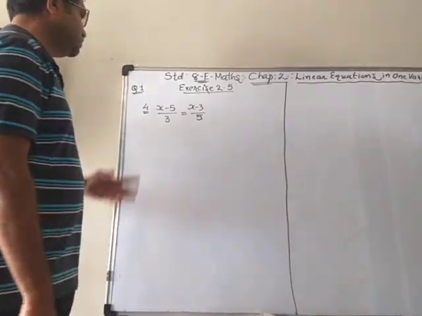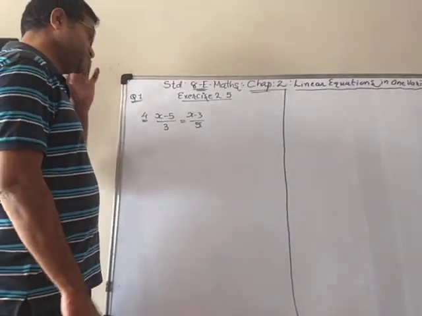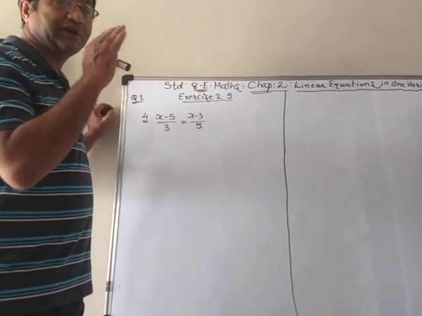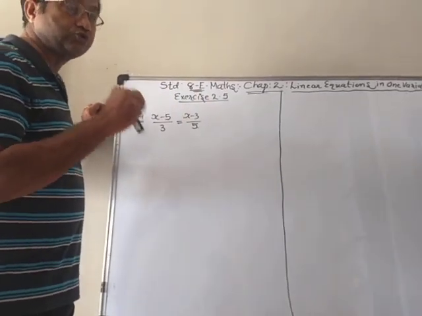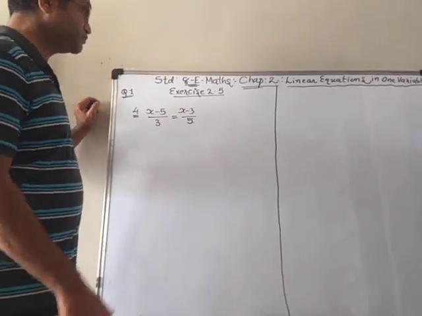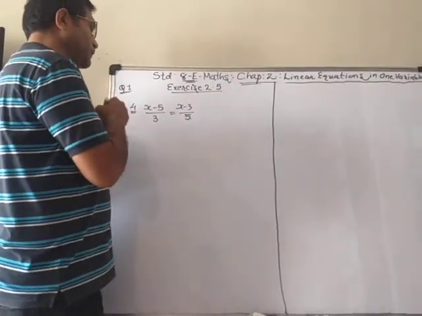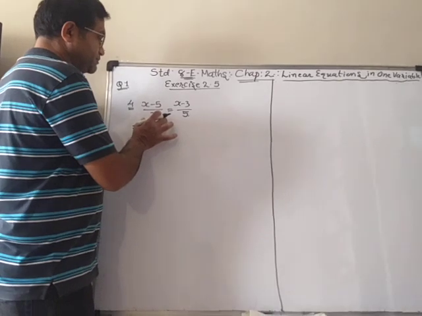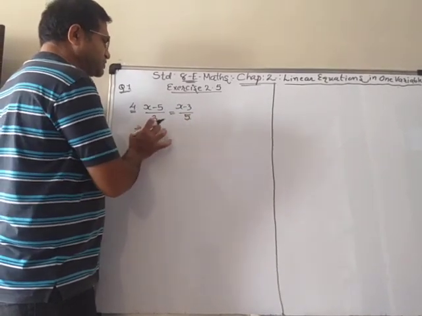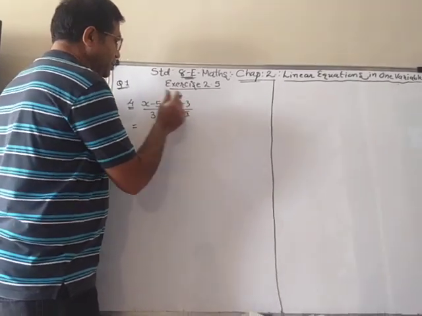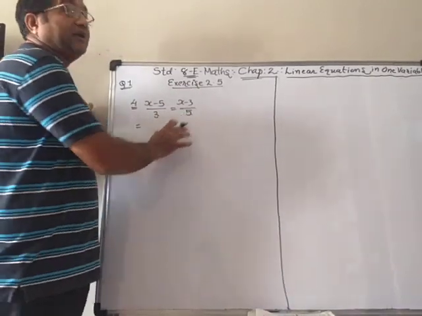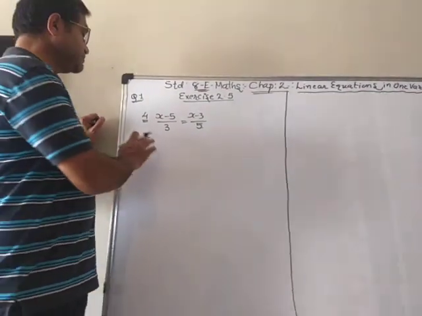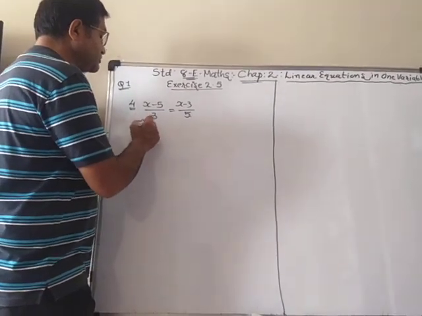We did first and second sum. Now I am taking the fourth sum. Whatever the sums will remain, you have to do it for homework. So third will be for homework. Fourth, now here you will see that there are two sides, both sides, only numerator, denominator. And therefore in this situation, we have to do cross multiplication.